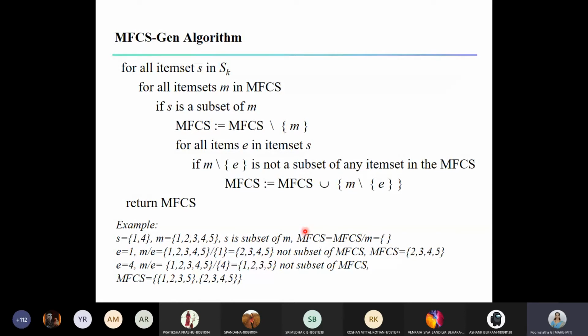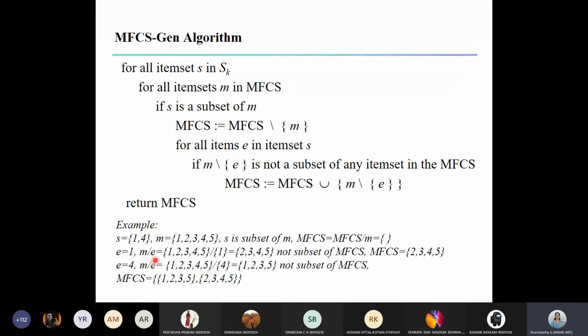Please note here that MFCS is updated. MFCS equal to MFCS by M, and M was just an index into MFCS. M has the value 1, 2, 3, 4, 5, and nowhere are we updating the value of M here. Only MFCS is getting changed. So the value of M still remains 1, 2, 3, 4, 5, and the value of E is 1.